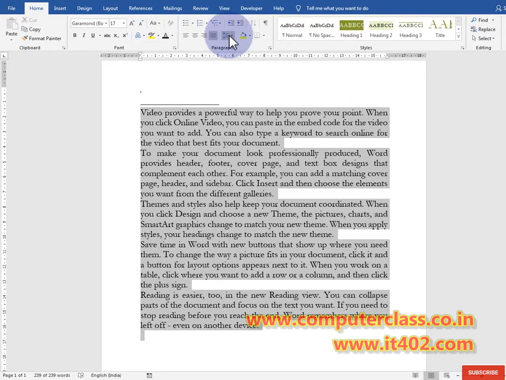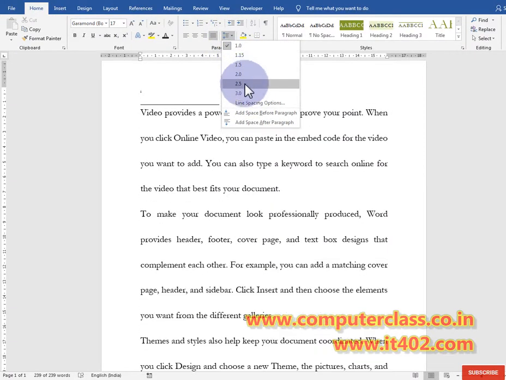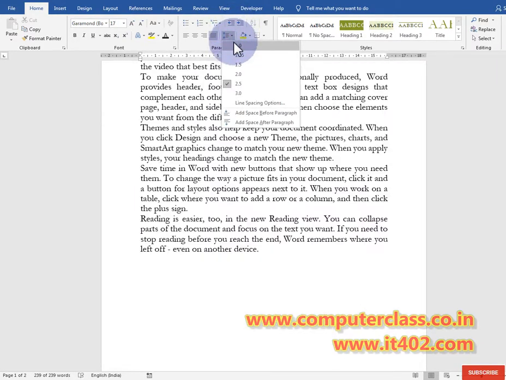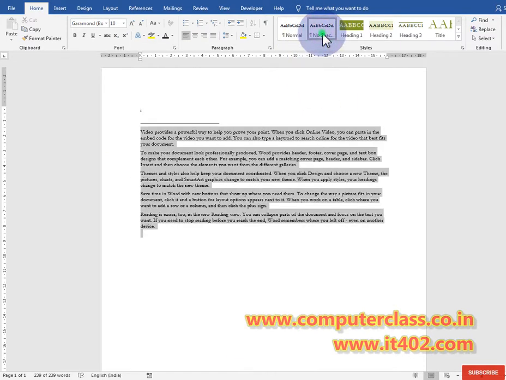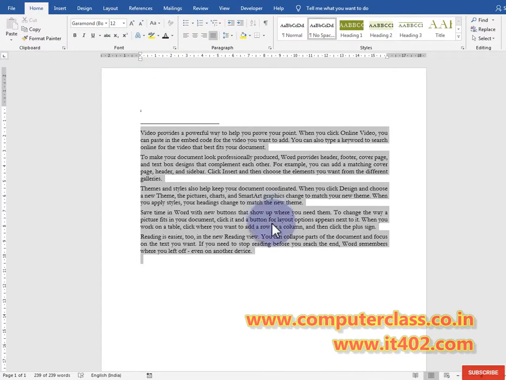Now come to the next, that is line spacing. Suppose you want to set line spacing in your document, then you can use these options. If you don't want to give any style, then you can use 1.0, and if you further need to tighten it, then you can use the no spacing option. First click on the no spacing option, after that you can increase your font size accordingly. Now come to the next, and that is background color. You can change the background color easily, whatever you selected.